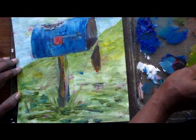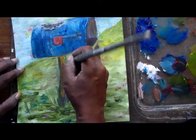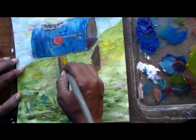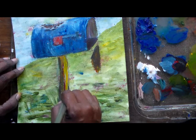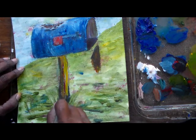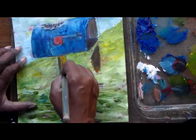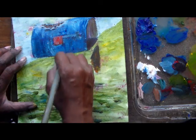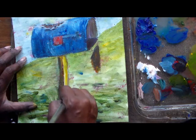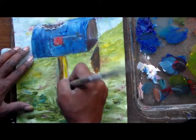So, because I'm pulling it off the side, I got green all in there. I'm coming down like that here also because I don't want to lose parts of what I had in there as grass. And I must say, too much